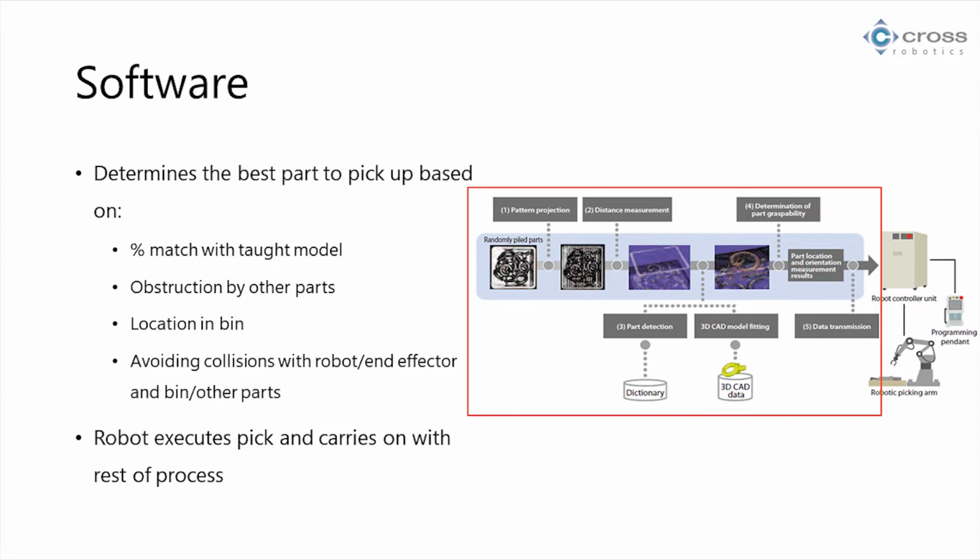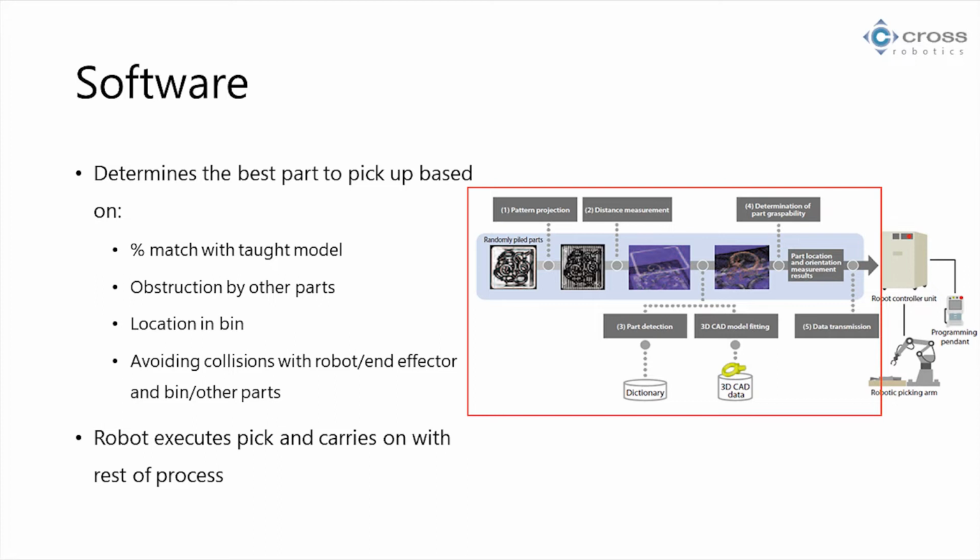So location in the bin. How can you approach the part, for example if you have a gripper on the end of your robot, without the gripper hitting the bin and causing a collision? That's another thing that the software calculates. After the software does that, it tells the robot, all right, these are all your offsets, you're going to execute your approach path with this offset applied. And the robot goes and